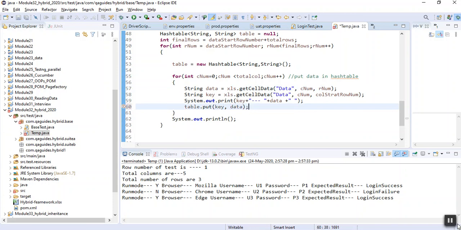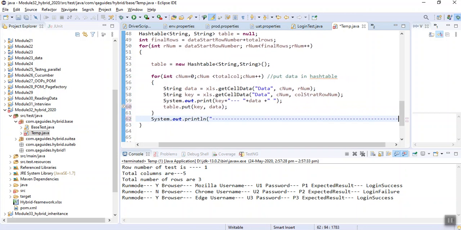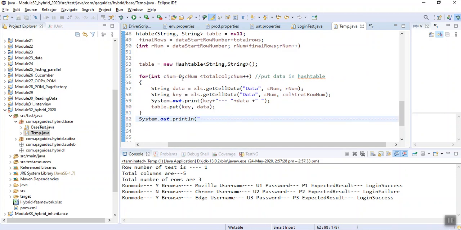So we have a table now with key and value. Let me run it.